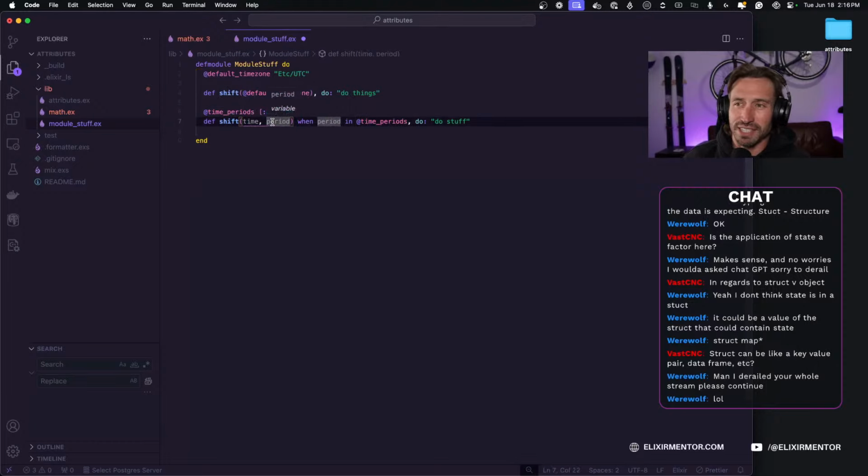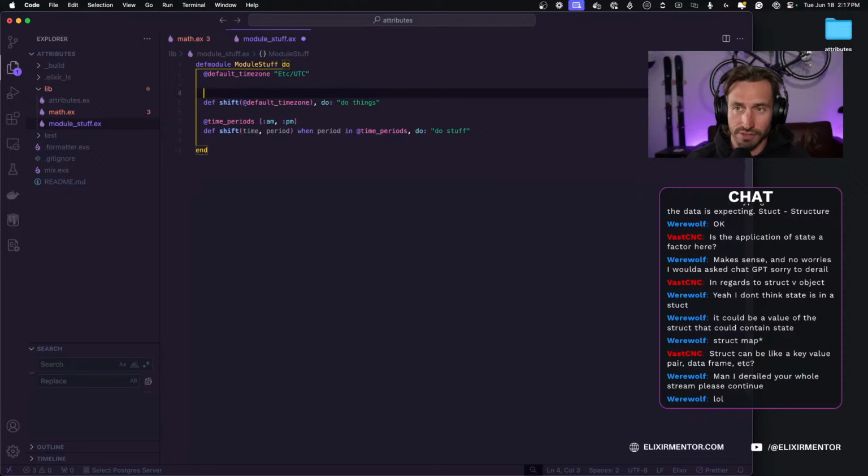I kind of get this. I'm not seeing the benefit of using the attributes as constants in this case. I get it for the guard, but I don't get it for the pattern matching, because you could just have a third declaration here for pattern matching to have our default. So we could say shift, I don't know, we could say,